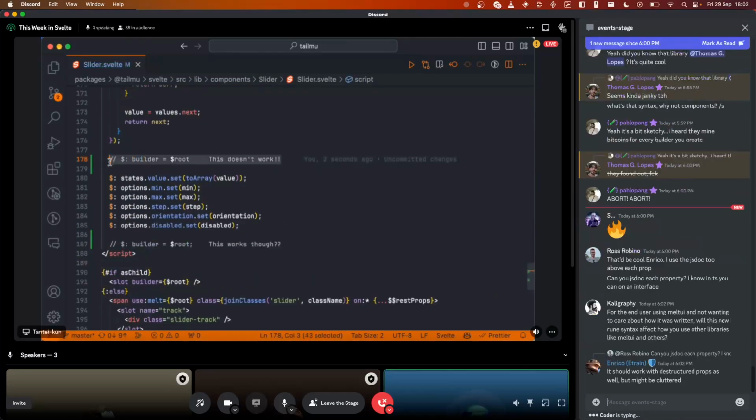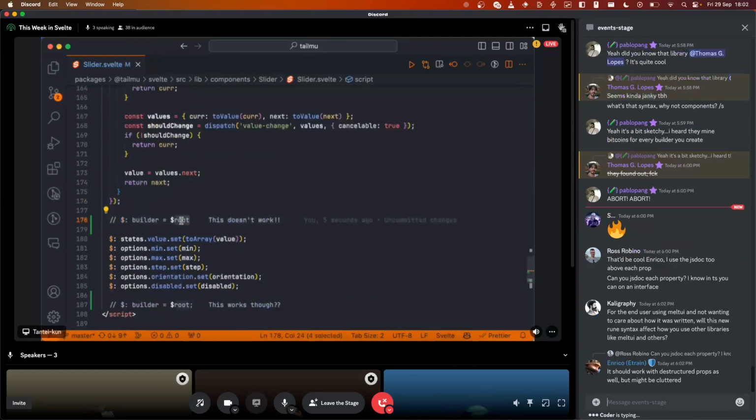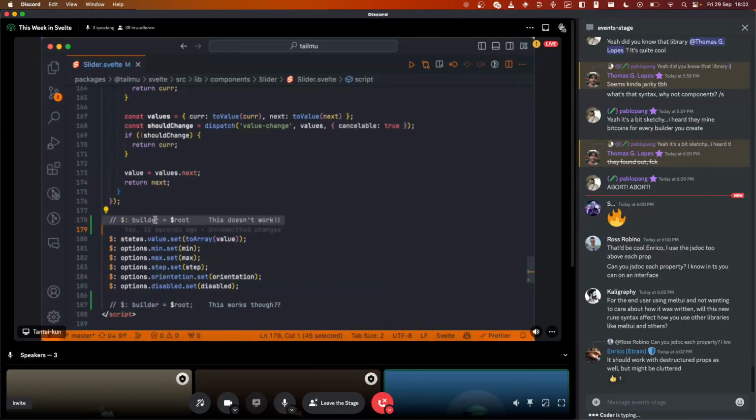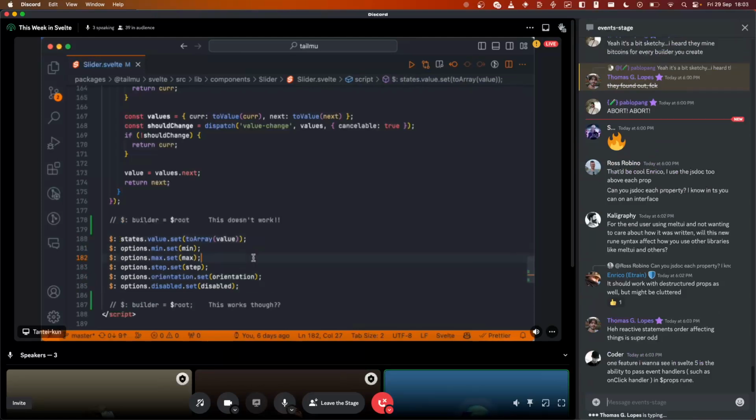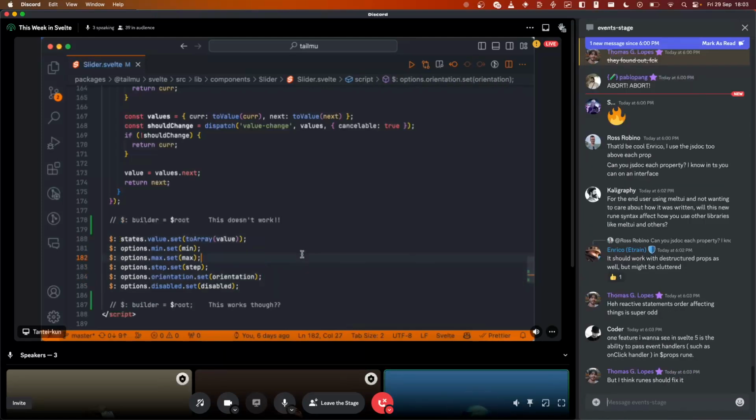This doesn't update. Why? Because this updates whenever orientation updates here. So if you put the reactive statement here, whenever this updates, this doesn't. This needs to be after orientation, the effect here, basically. So this is a really, really weird thing about Svelte's... what are they called? The labeled dollar syntax? Label. Yeah, this is really annoying, and I didn't understand why this even happened